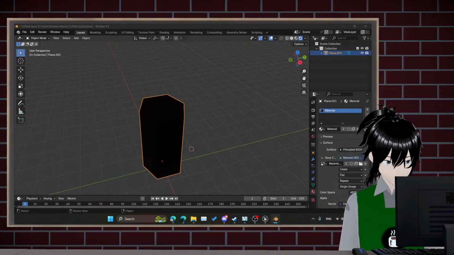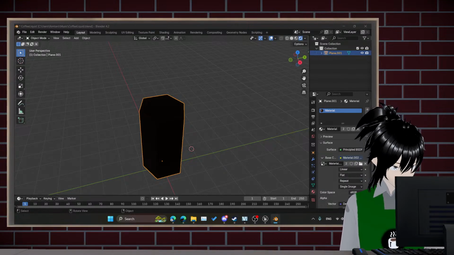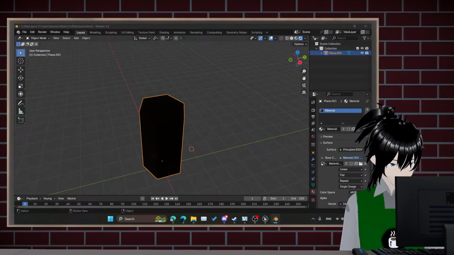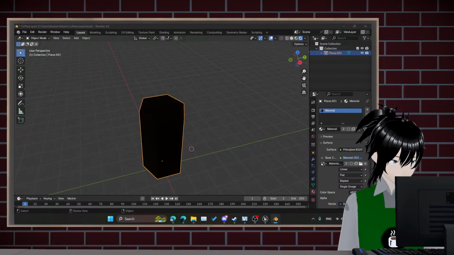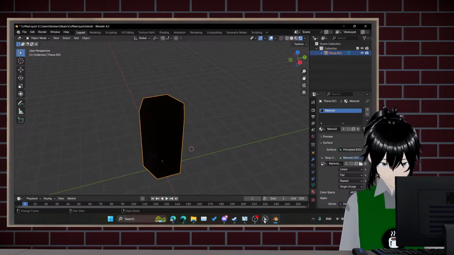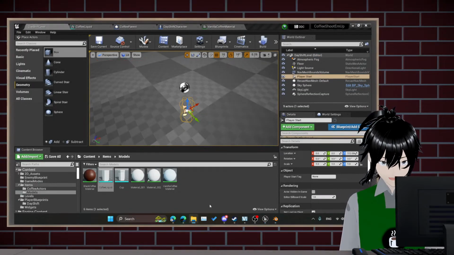Copy that with the textures on. There's no animation. Exports. So now ideally,